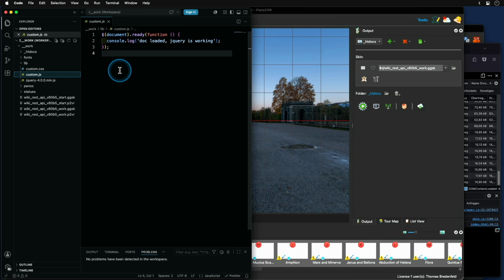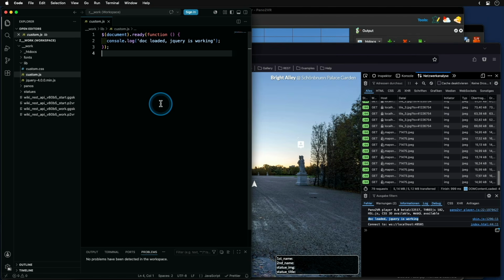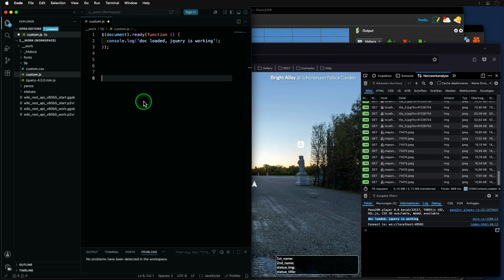So currently we have in our custom.js the only test function throwing a message into the browser console after the document is loaded, and it is showing us doc-loaded jQuery is working. So we are currently here when we see this output. We just keep it here, and now we are starting to create a little utility I like very much. It saves some typing, and you can disable it at one single line if you don't like all these console outputs. So I'm entering a few lines, and I'm starting to write here with my little function,